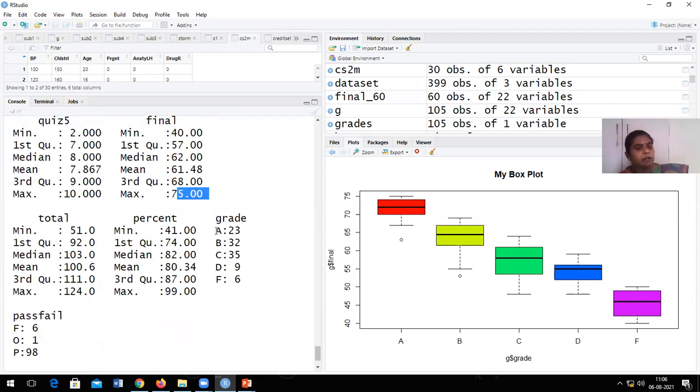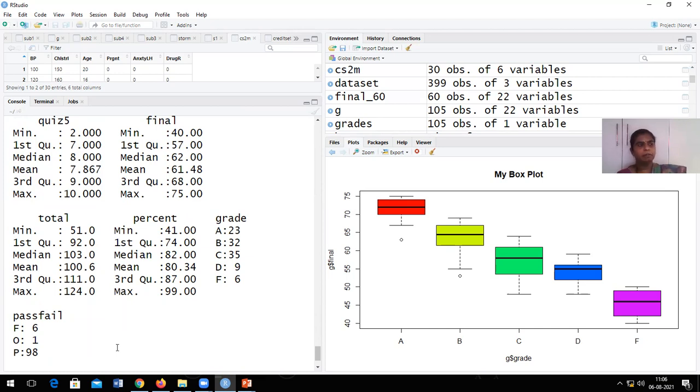Grade. We have totally 5 grades, right? Now look at the grade variable and the pass rate. These two columns do not have numerical data, but we had factors. Yesterday we discussed factors, right? What do you mean by factors? Factors are something like labels. Your entire data set can fall into any one of the categories. So we have totally 5 grades: A, B, C, D, F. There is no E here, but we have F.